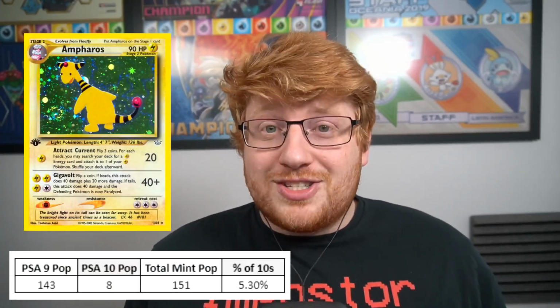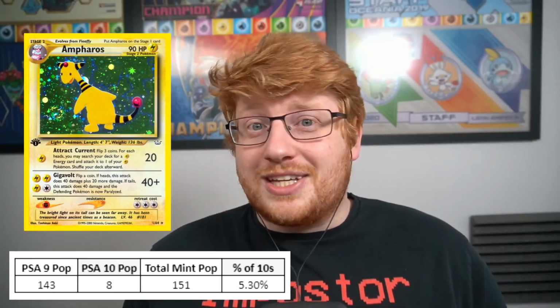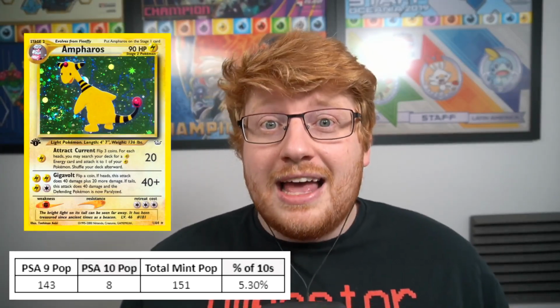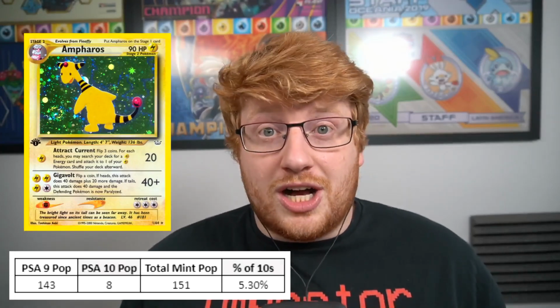Sticking with the Neo sets, we are going over to Neo Revelation, where we have our 5th and 4th place slots, with just a 0.1% difference in their percentages here. First of all, we have the first holographic of the set, Ampharos. Ampharos is a very difficult holo to get in PSA 10. There are only 8 of them in the pop report as of recording, and it has a 5.3% chance compared